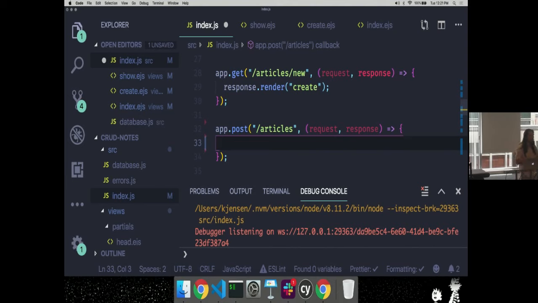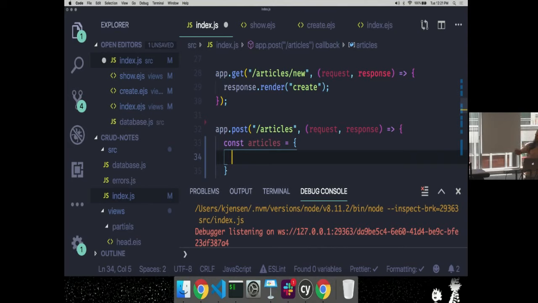So I need to get the data that I have already, and I want to add to that. And I'm going to get the information about the new resource on the request body. By the end of the post, I'll send a response. It'll be a redirect. So the first thing I want to do is actually create my new resource. So this will be const article. Sorry, not articles, article. This is one single article.